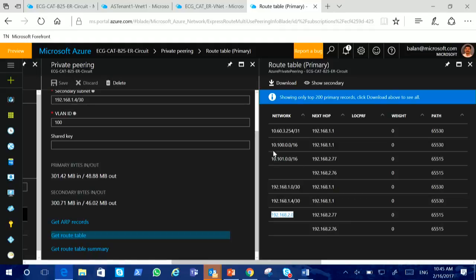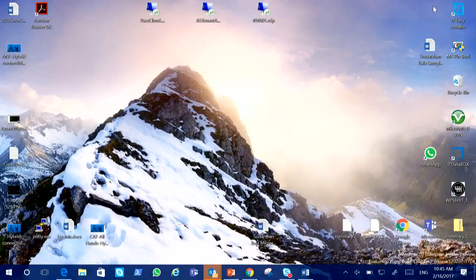And then similarly for my spoke VNet, I can reach through the same ER gateway. Basically, the router at the MSEE end of the ExpressRoute sees these routes from the Azure side and as well as from my on-prem side, and it says, what is my next hop? How do I reach the other side? That's what this gives you. So that's what I wanted to show in this demo, just to give you a quick intro. And then, Balaji, you can take over and talk about the customer's case.